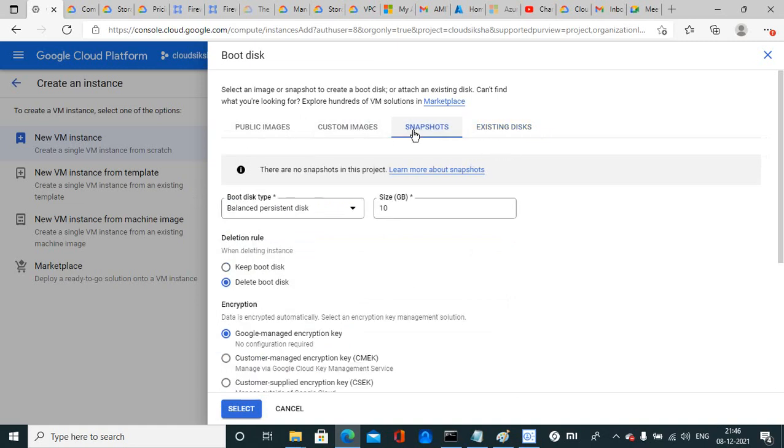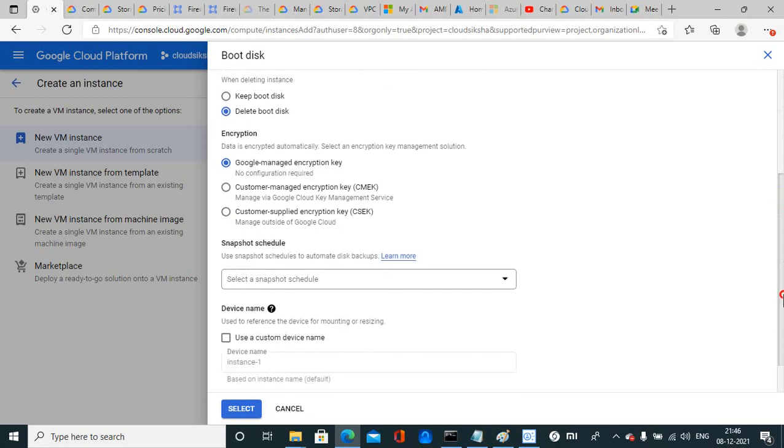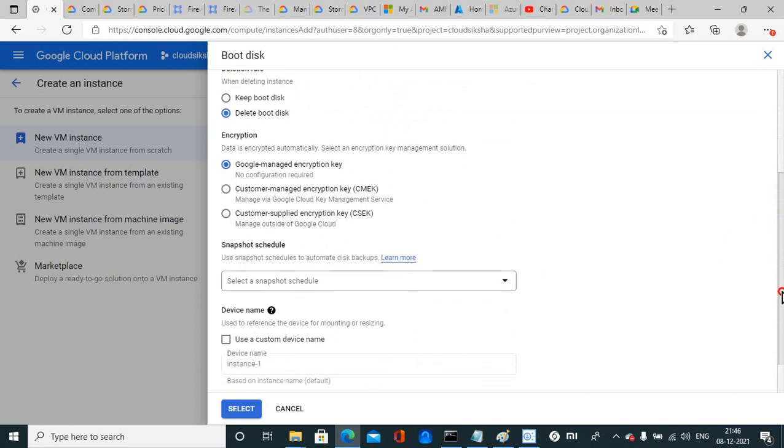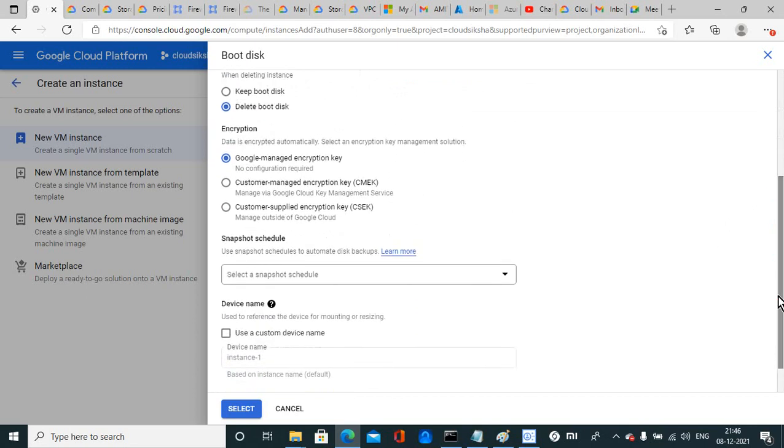Also a snapshot: if you created a machine and take a snapshot of that machine, you can find it in this section, and from here you can select the snapshot which you want to use to create a machine.